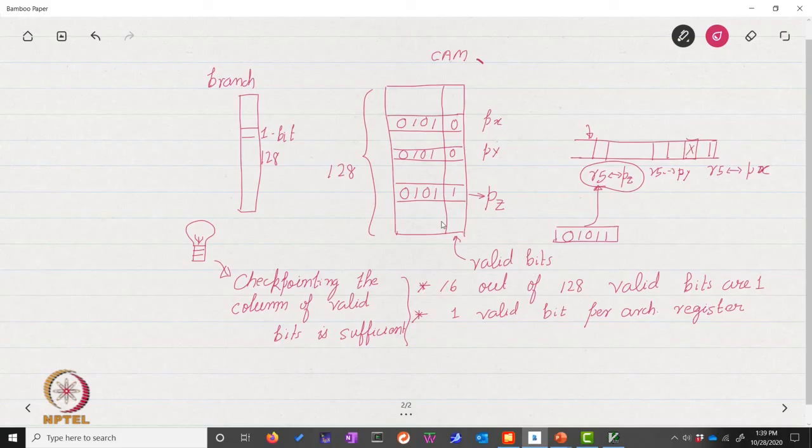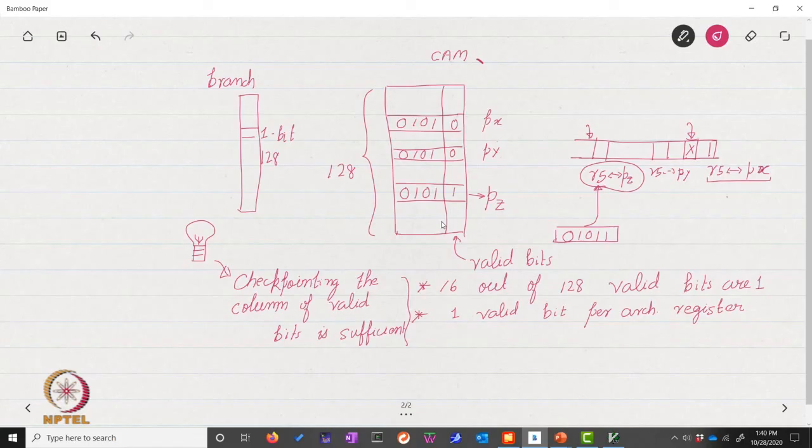So at this point we don't do anything, we wait for the branch to become the head of the ROB. When it becomes the head of the ROB, then the mapping of R5 to PX is a part of the committed state, correct? And R5 to PY is an interim value and R5 to PZ is the latest.